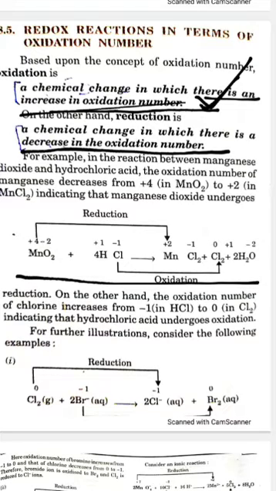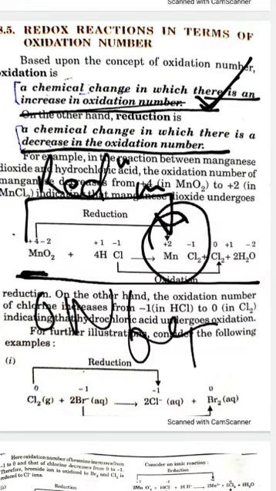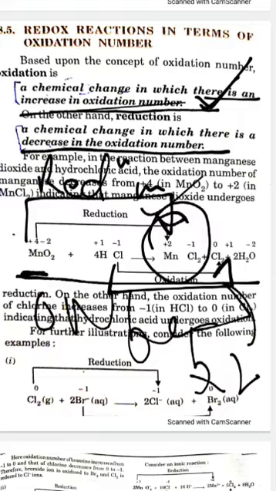Now this is a reaction. As you can see, these numbers written above every element are the oxidation numbers or states which you have to calculate on your own. Mn has +4 oxidation state here, but there it has +2. So there is a reduction in oxidation number. You will write here reduction in oxidation number, or you can write oxidation number being reduced by 2, and arrow, it will be reduction. Now chlorine had -1 here, and there it has become 0.